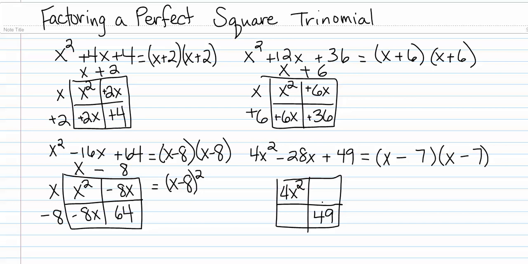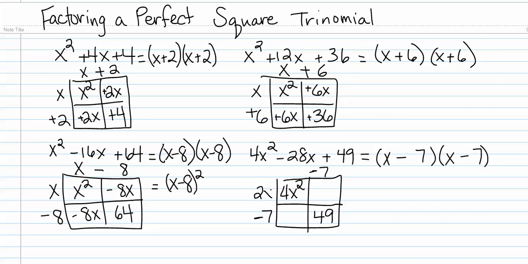Okay, my same terms are going in the same places as usual. I already know that we're probably thinking we're going to have negatives here. Now, the reason it's not just x is because x times x is not going to give us a 4x to the second power. And again, we're dealing with